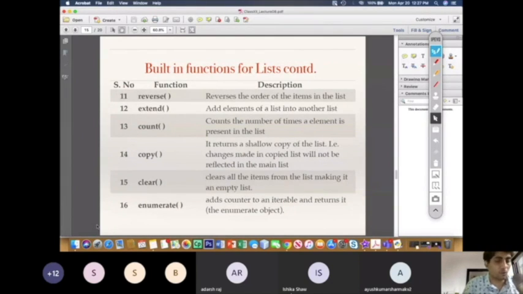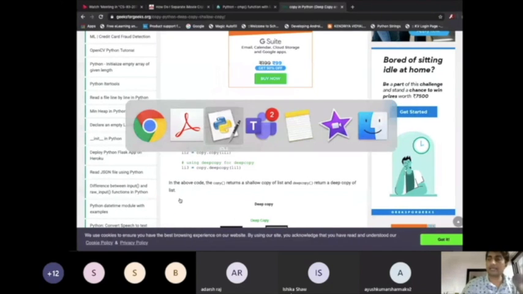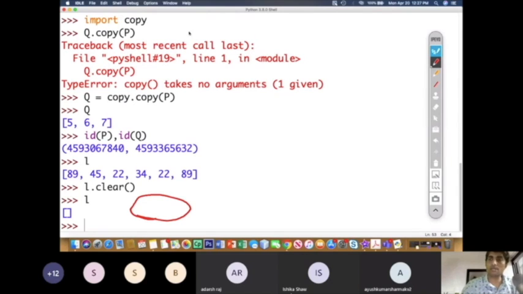Now let us come to the most important thing, that is enumerate. ये बहुत important function है. ये आपके सामने जो मैंने last में discuss किया, that is enumerate. ये enumerate function is a very important function. Let us find out how to use enumerate. Enumerate कैसे use किया जाता है, इस चीज को हम लोग देखेंगे.